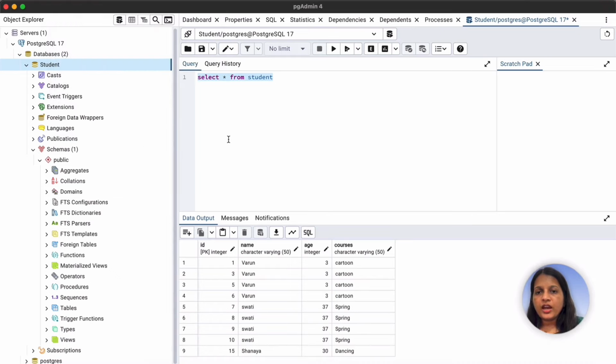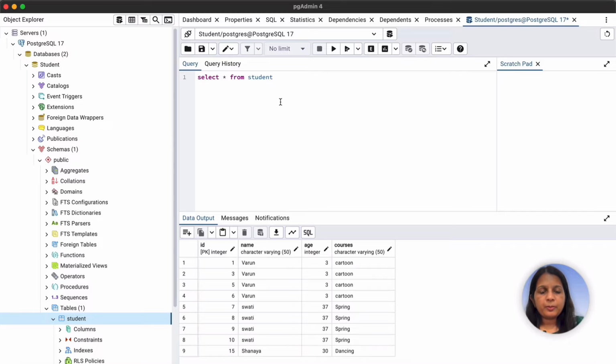Okay, and I have a table created here as well. If you go to your tables, I have created a table student also, but here I'll create one more table. Okay, so here we create a table first. So let's create table, create table, let's say student details. Okay,